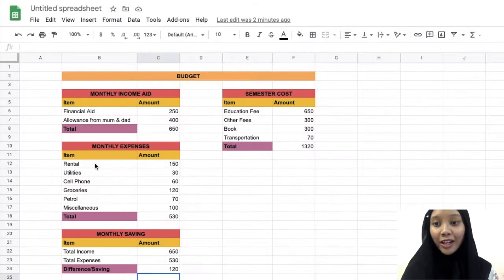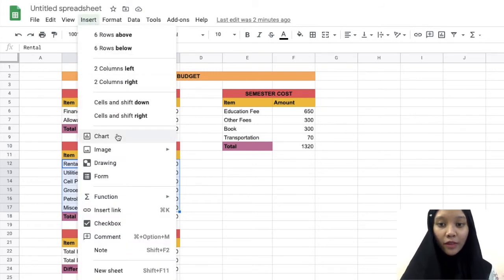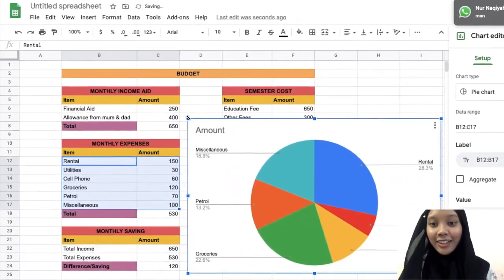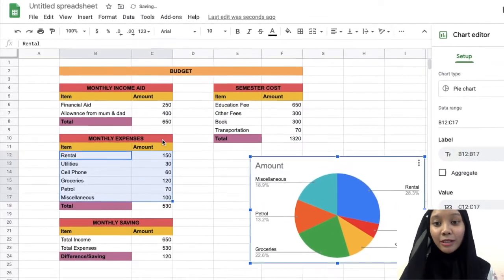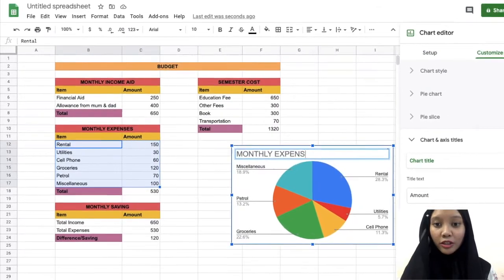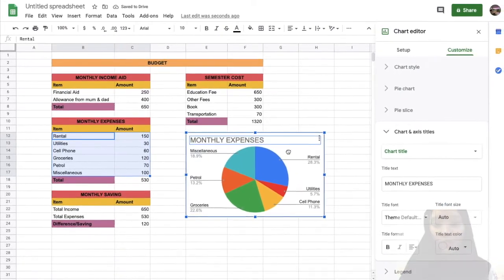First, you need to highlight the data that you want to display in the chart, then click insert and go to chart. There you have it, a pie chart. You can also change the title by double clicking your mouse and type the title that you want. You can move the chart and adjust the size as you desire